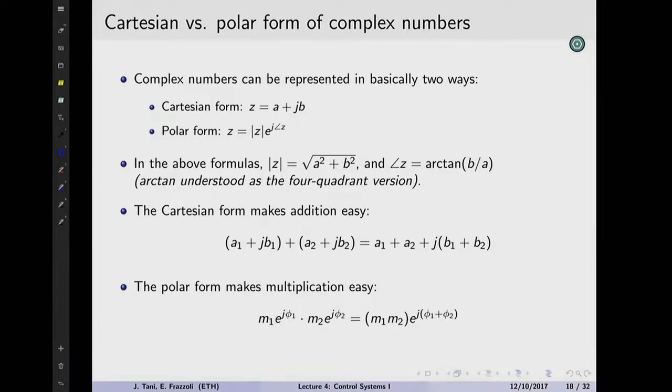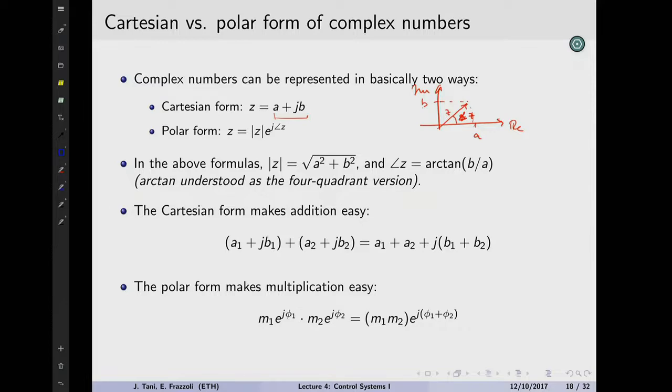How to express complex numbers. There are always different representations, I'm sure you know this, but let's just recap it. You can have a Cartesian one and a polar one. If this is the real-imaginary axis, a complex number has a real part and an imaginary one. You can put it here. The Cartesian form is just represented like this. The polar form has a phase, which we call the angle of z, and a magnitude.